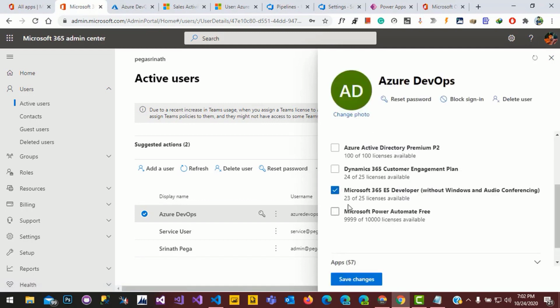We gave an Office license, which means this user with this ID and password cannot log into Dynamics 365, which means this account is not an interactive account, which doesn't allow us to log into the system, but it will create an application user in Dynamics 365.